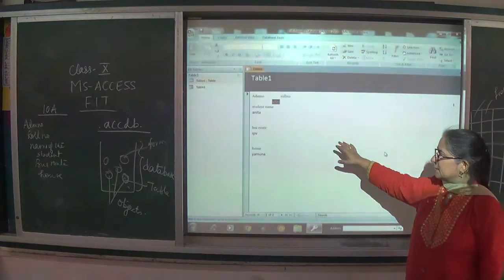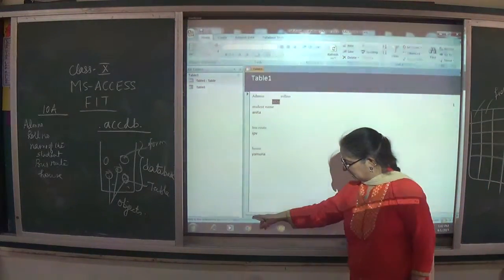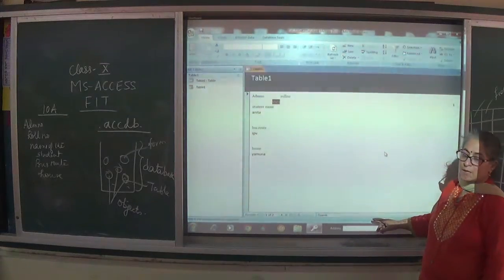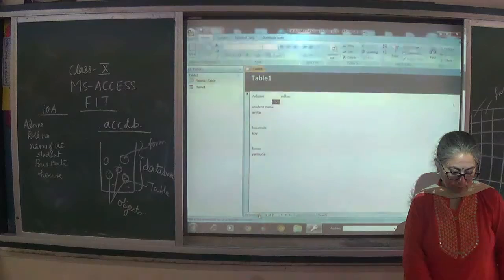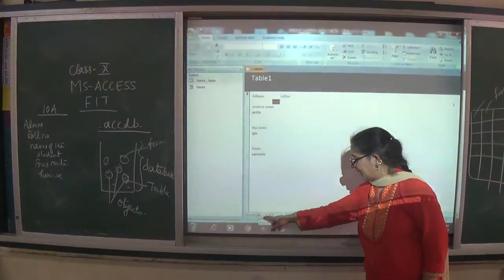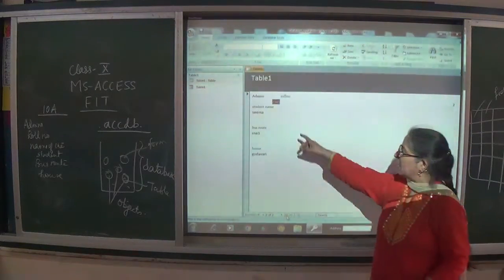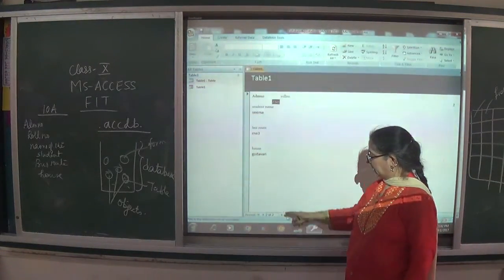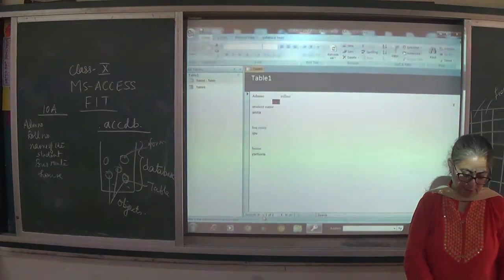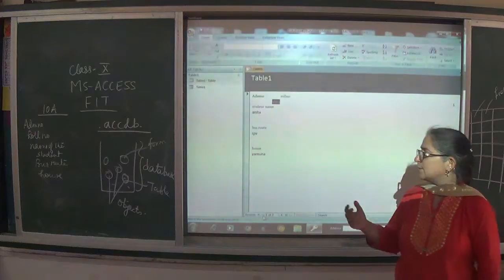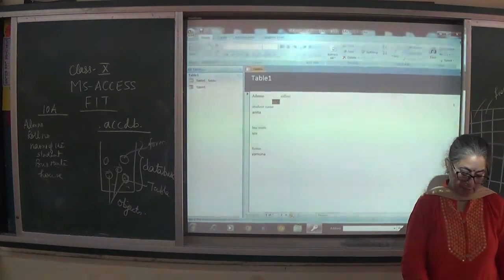This is your data. Now the first record is already there. I want to add more. Please note down, please see this status bar. This is also known as the navigation bar. Now this navigation bar has this option which shows the first record and this option which shows the last record. Now this was my last record, and see, it says 2 of 2. If I click here, it will show me 1 of 2 because only 2 records are there in this table.